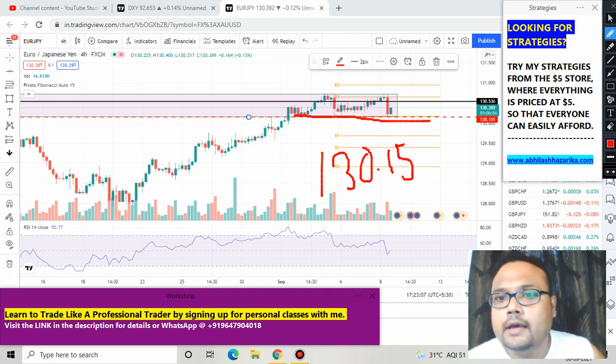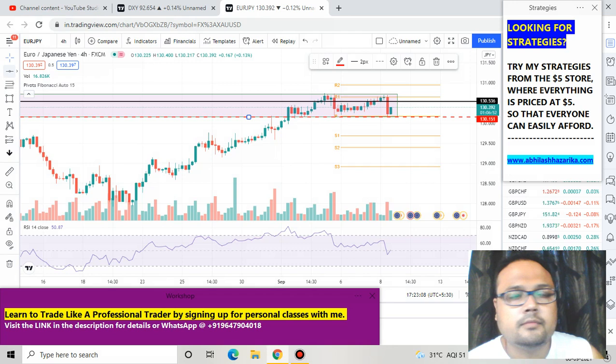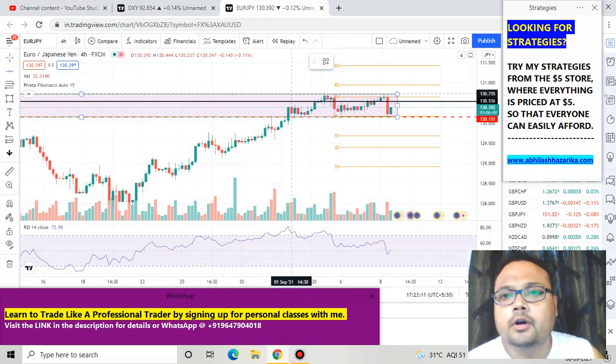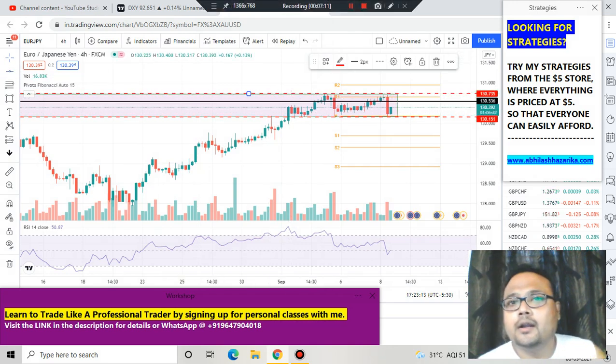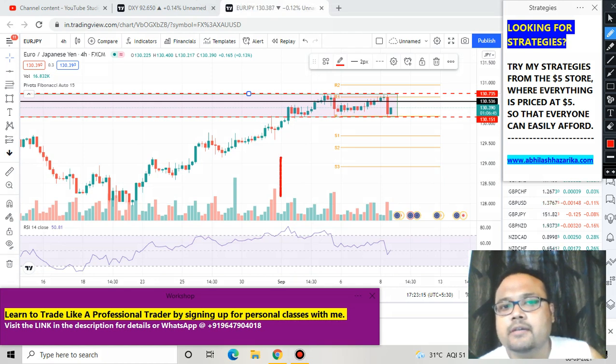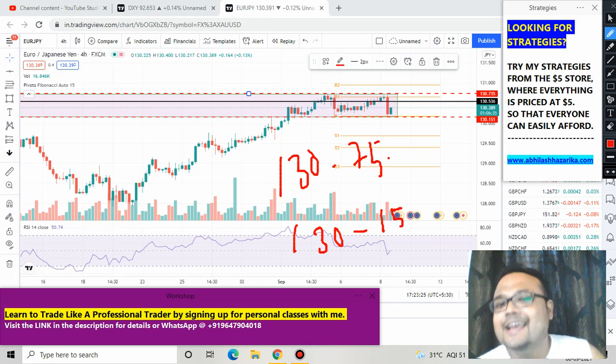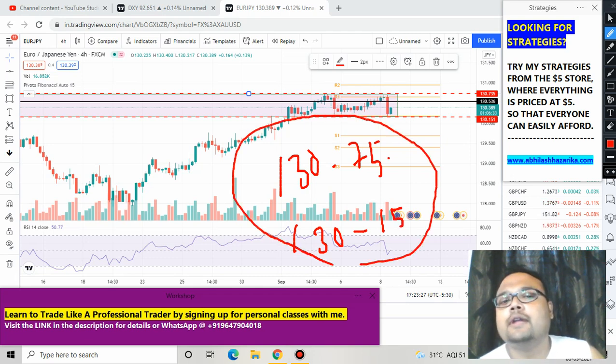Okay. And you need to draw another line above at 130.75. So as long as the market is trading between 130.75 on the upside and 130.15 on the downside, you